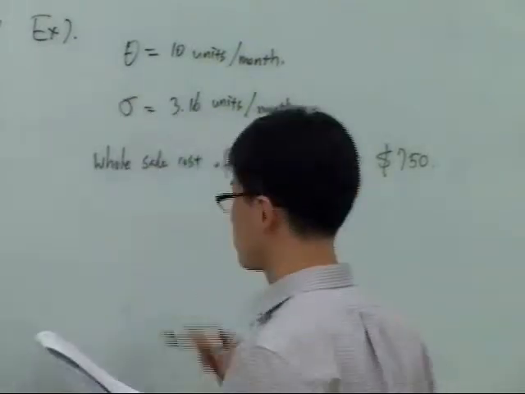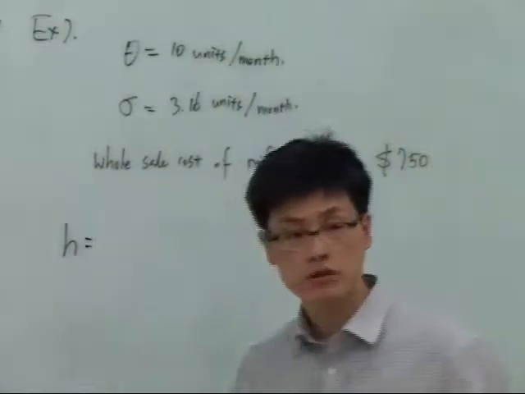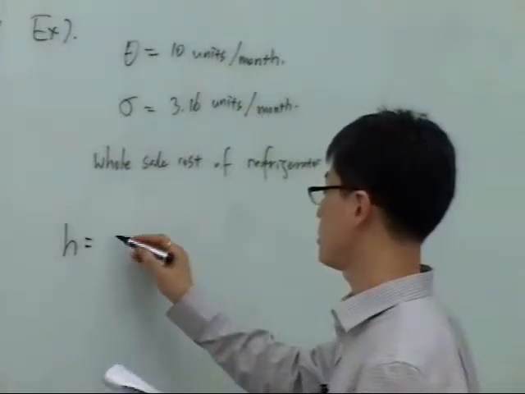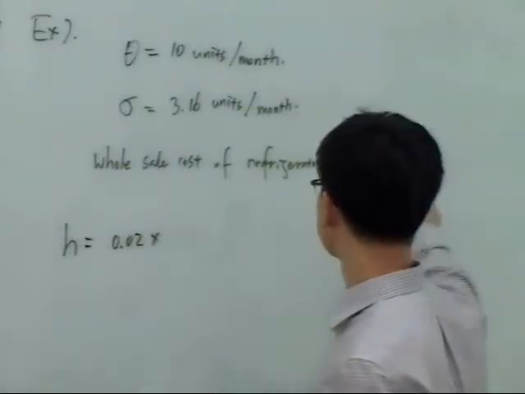So holding cost is 2% per unit per month, which means exactly 0.02 times